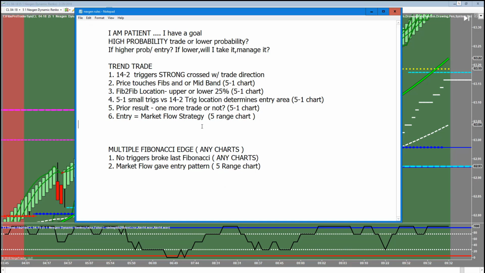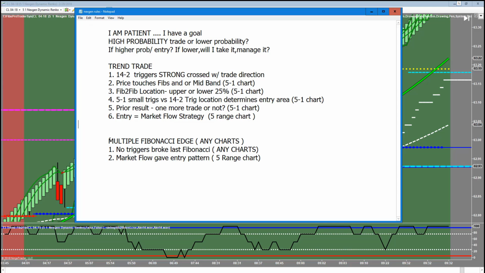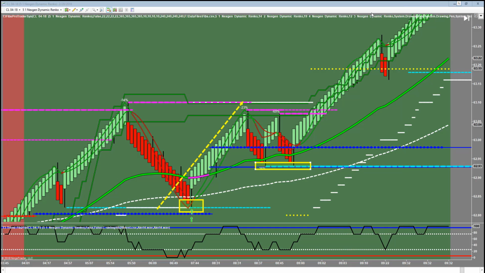But when you get both the trend trade rules met, and you also get to the edge of multiple time frame Fibonacci support or resistance, and more importantly, when you're at the edge of a multiple time frame support or resistance, none of your trigger lines break through Fibonacci, and your market flow gives you an entry pattern, you're going to be able to take that trade as well. So this is the one exception, or there's a couple of exceptions, but this is the big exception for